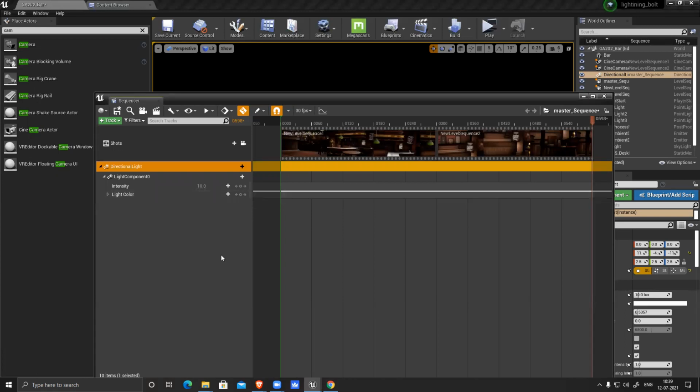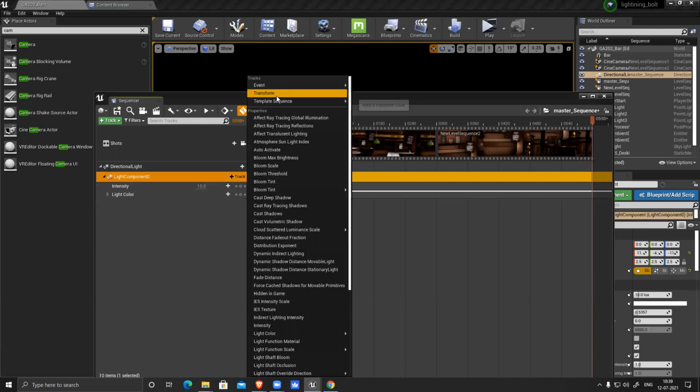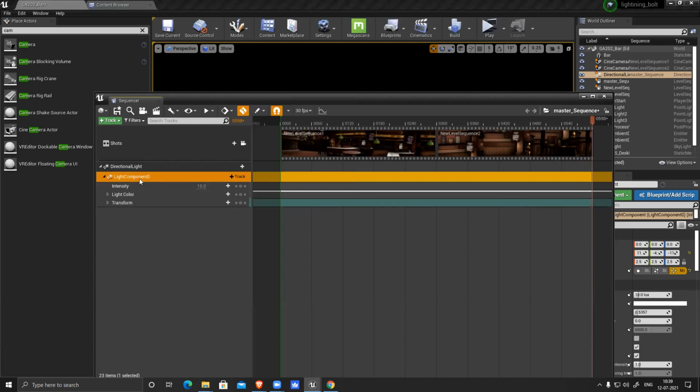But what if I want to rotate the light also? In that case, I have to press plus and add a transform here. So my first frame, light intensity is 10. Let's keep it like this. Light color is also fine and transform is also fine.